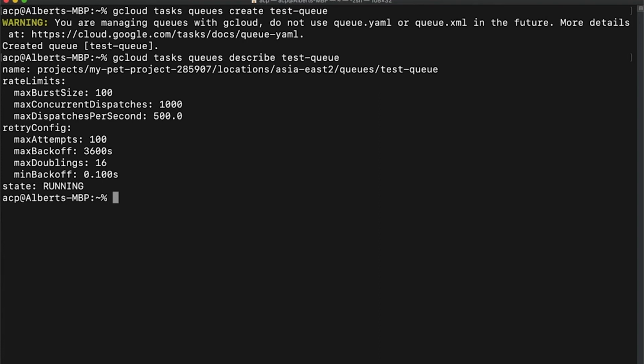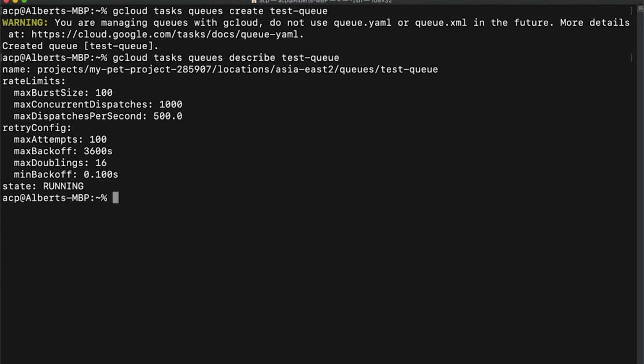Now, max concurrent dispatches is greater than dispatches per second because even though we are dispatching 500 per second, if task executions take longer than a second to complete, then the number of concurrent tasks executing will go over 500 very quickly. Max concurrent dispatches keeps a cap on this in order to not overwhelm the task endpoints